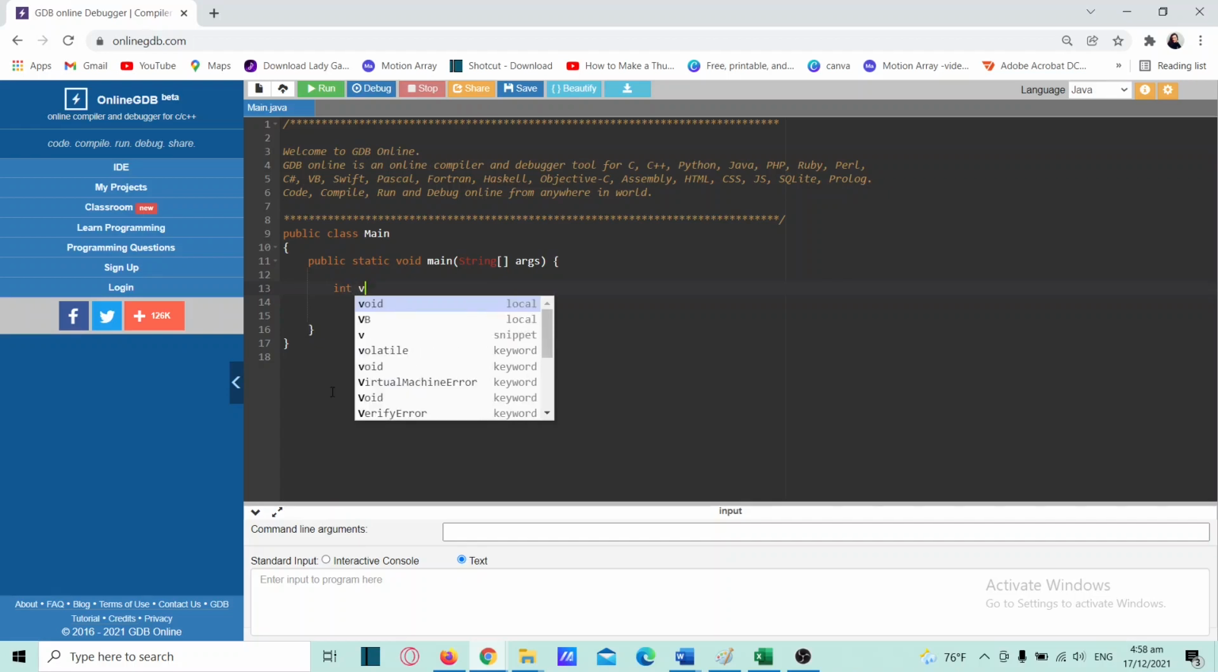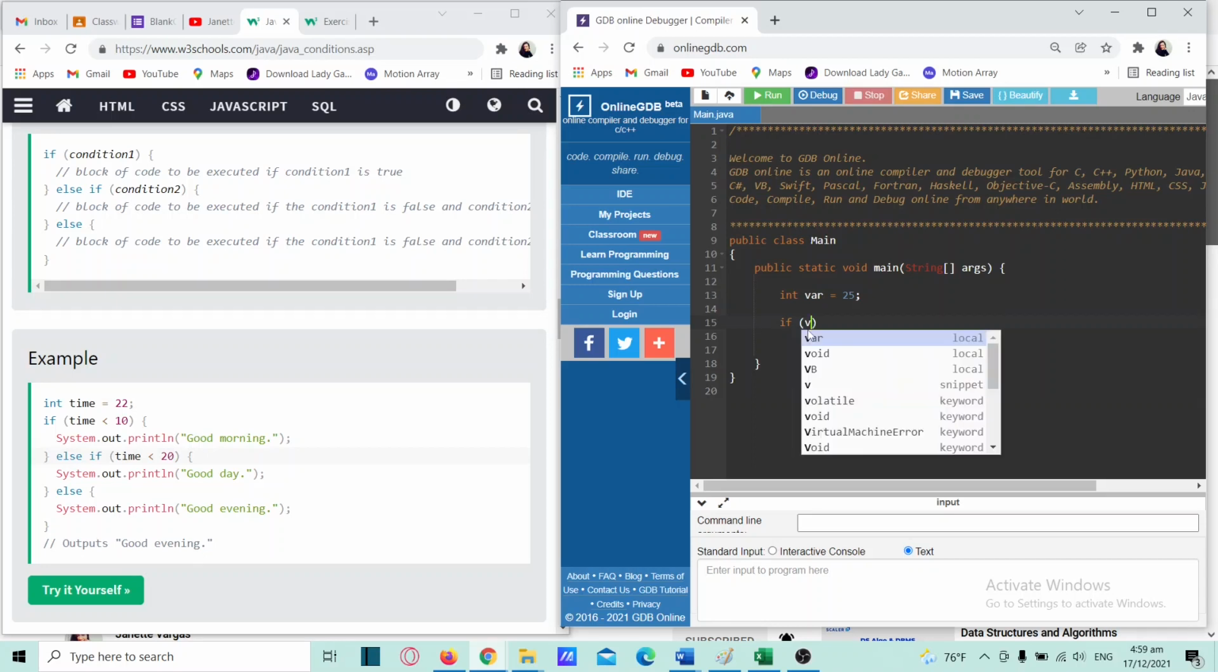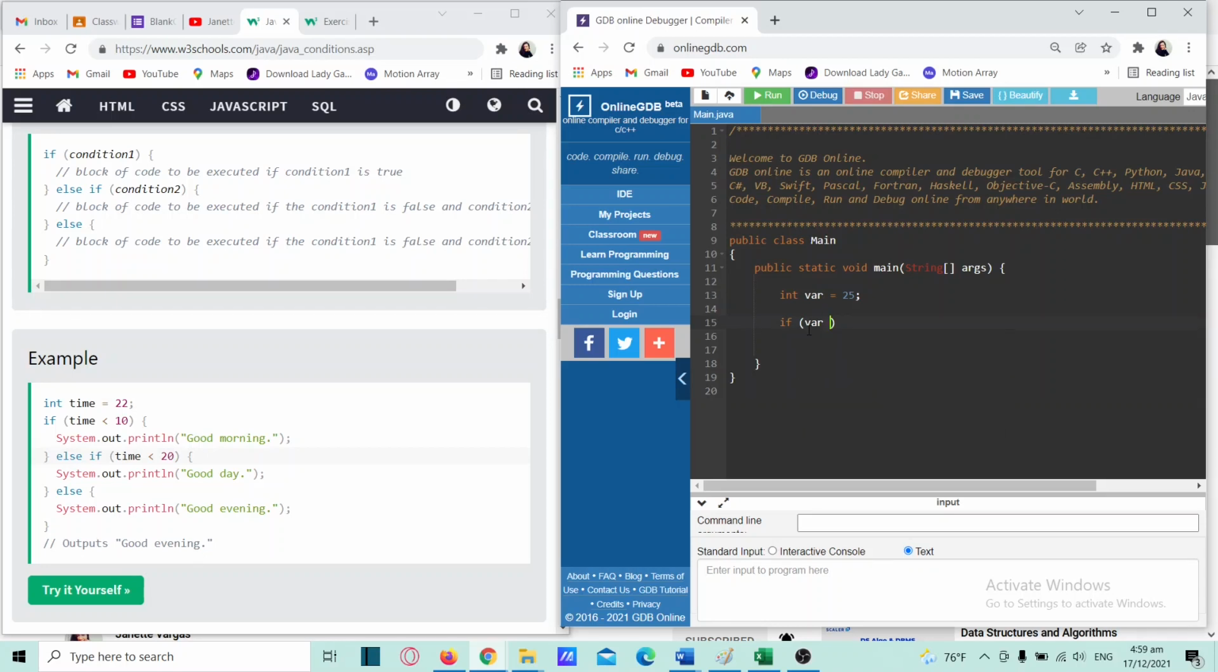Variable is int. Variable is equal to 25. Then if variable is less than 25, it will print, or it will display